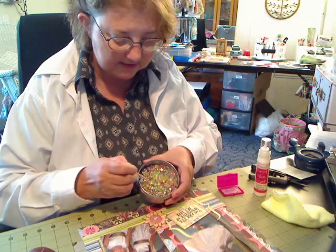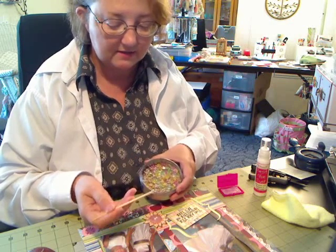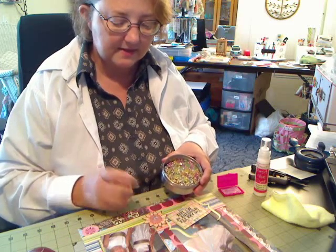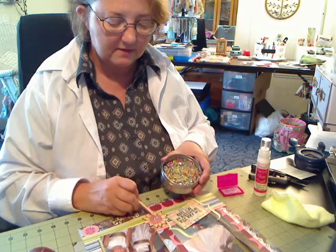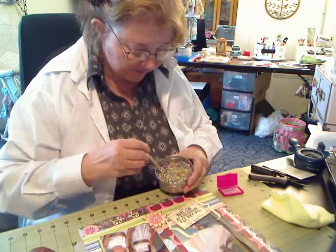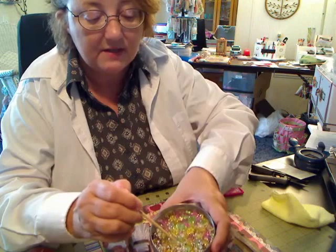I'm maneuvering these things around so that I can get the top, touch it, and put it down here. Look at that. Now see, I was able to let that one get tacky a little bit, which is what I advise you to do, is put a little bit of glue down there, let it get a little tacky. Get another silver one, and I'm just going to go through, and you can see they're flipped every which way